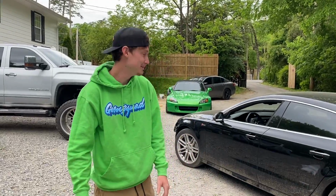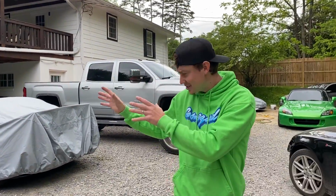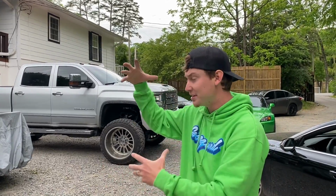Dude, it's going to sound absolutely amazing, and you guys are probably wondering why we're not opening up the exhaust. Did we mention that we got an exhaust for the Raptor? I think we mentioned that we got an exhaust, or they should already know. The only reason we are not installing it on this truck is because we are waiting on one or two things that we want to get before we install the exhaust,